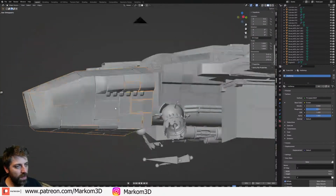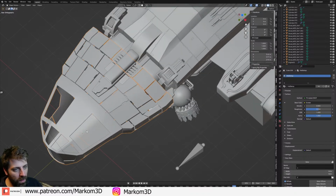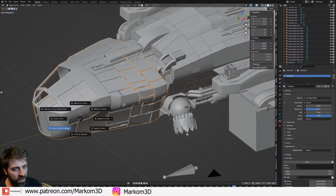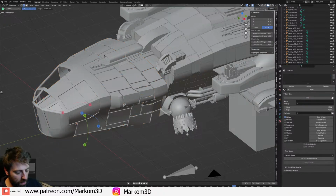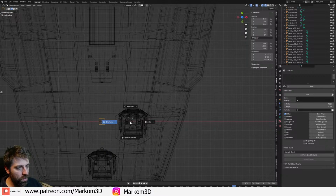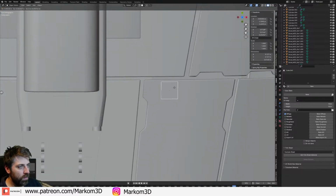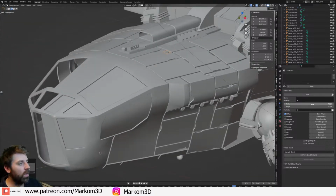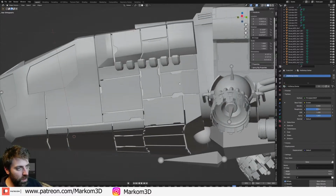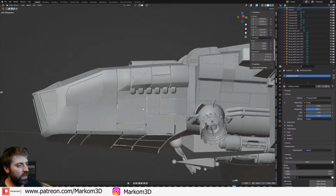Oh my goodness, it's so good. Alright, and so what we do from here is I'm going to go Shift A, cursor to world origin. Let's go cube. I'm going to scale that in. Scale it in. Scale on the Z. Cool. And then from here, I go G, hold Control. And then we can start kind of adding in all these little greebly bits. Shift D, hold Control, Alt R, G, hold Control,